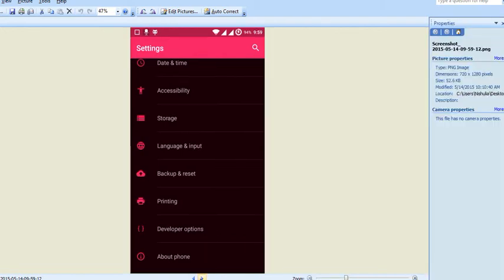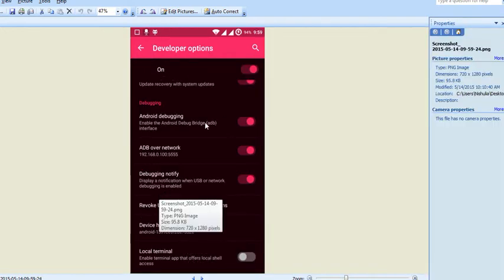In those developer options, you need to turn on all three: Android debugging and ADB over network. When it connects, it automatically detects the IP address of the computer, or the Wi-Fi, whatever you are using. All three you have to make on.